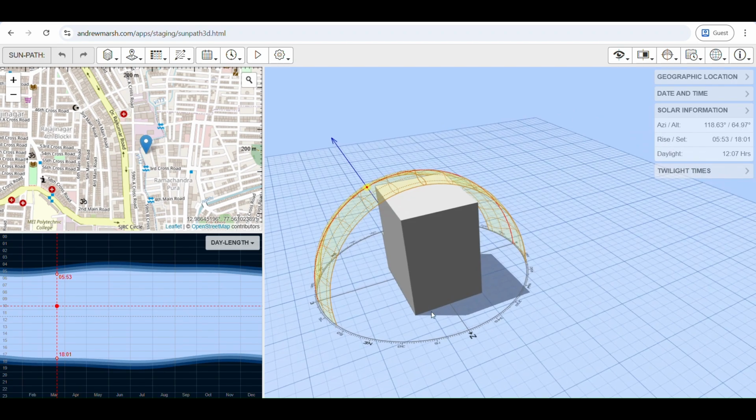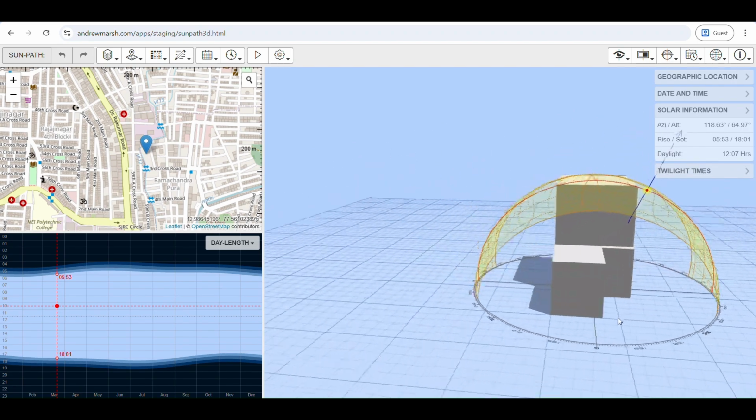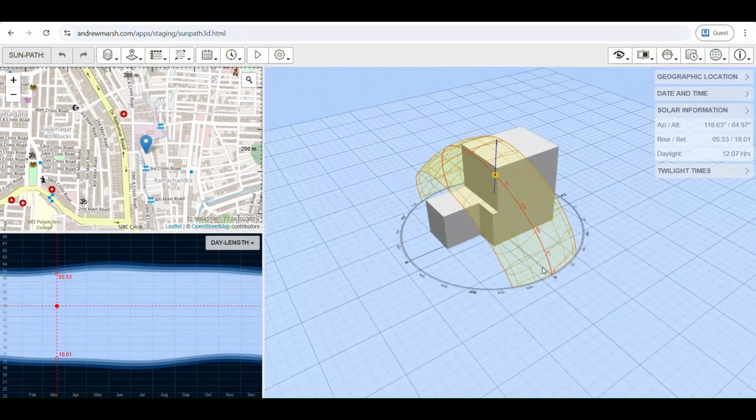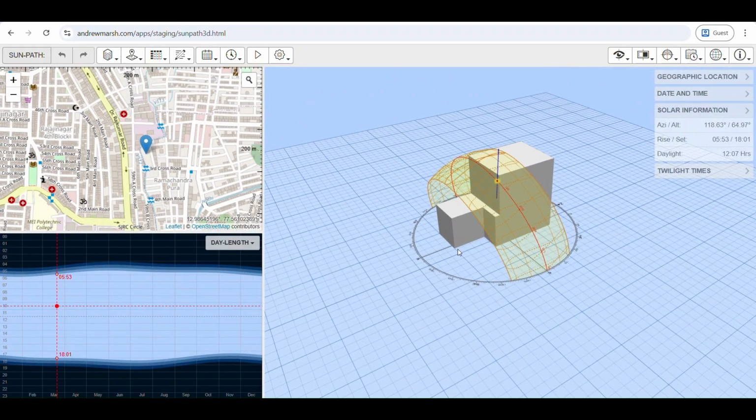So this is facing my north. So this is facing my south. So this is the model that we had built in SketchUp. So it replaced the model which was there in the Andrew Marsh. Now here,